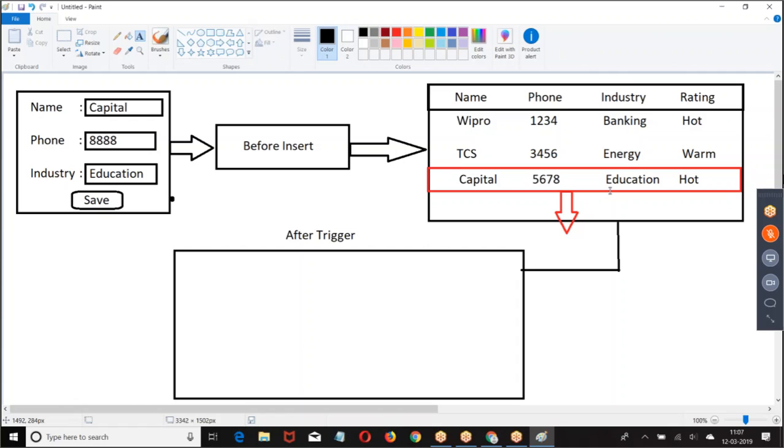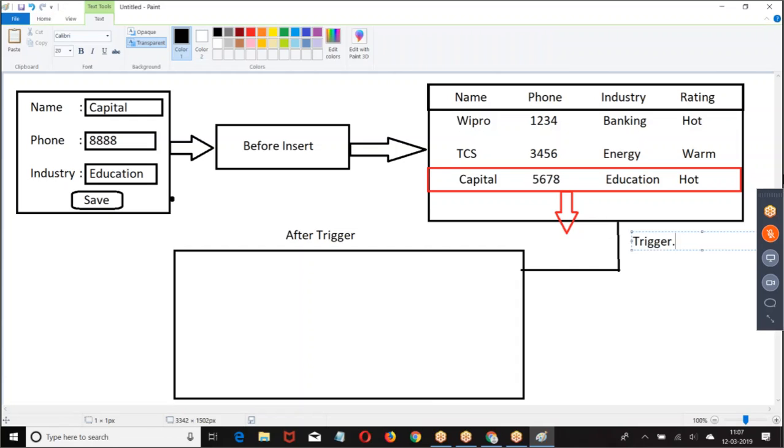List of new records which are saved successfully. Those list of new records are referred with the trigger.new.